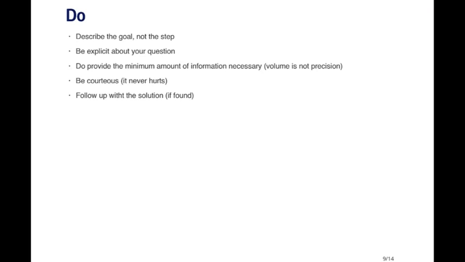A couple of things that you definitely want to do when you're asking a question on a forum or a mailing list. The first is to describe the goal, not the steps. You may have many, many steps that you're going through, and maybe one of those steps is causing a problem. It's useful for other people to know what the bigger picture is in terms of what you're trying to do, because, for example, they might have a better idea about how to go about achieving that goal, which may be faster or simpler and may work around whatever problem you're having. So describe the ultimate goal and then talk about what the problems are, and don't just narrow it down to the one little step that you're having a problem with.